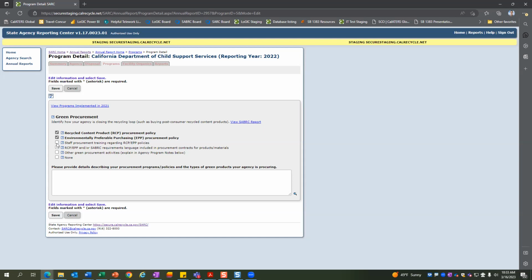The secondary boxes that should also be checked, if you do have these top two, are that hopefully you're training your staff to use those policies in procurement, and that it's also in your contracts that you send out to bid to procure goods. And then again, you want to provide that explanation here on how you utilize those policies. Select save.